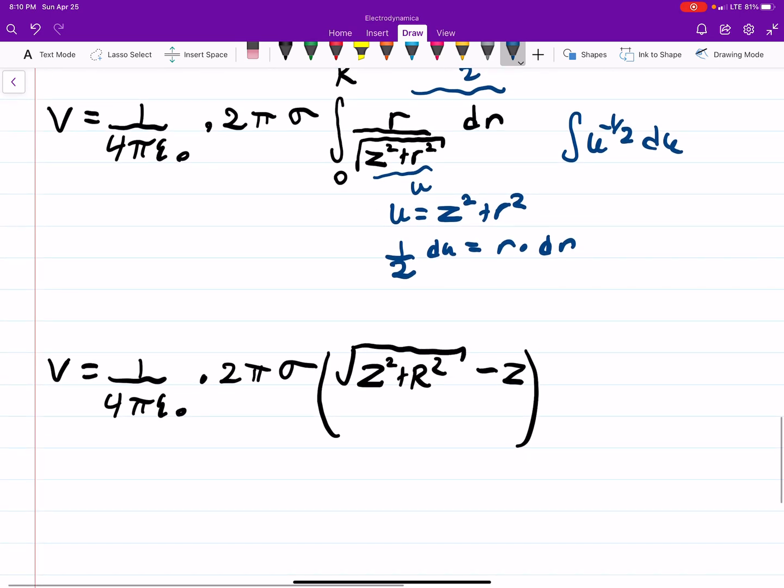And again, I'm not going to take the derivative, but if you took the derivative of this with respect to r, or I'm sorry, z, which actually isn't too bad, then you'll get your E field. But yeah, that's how you find the potential for